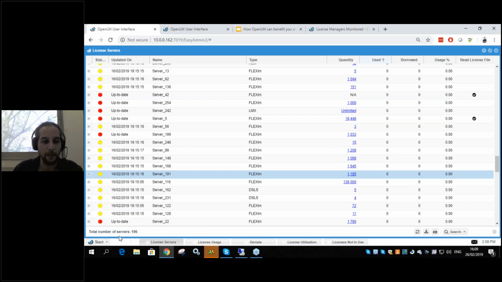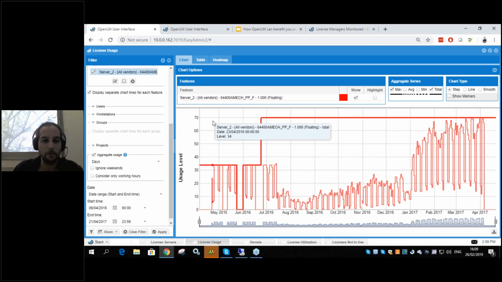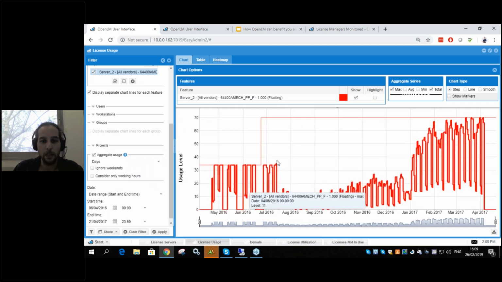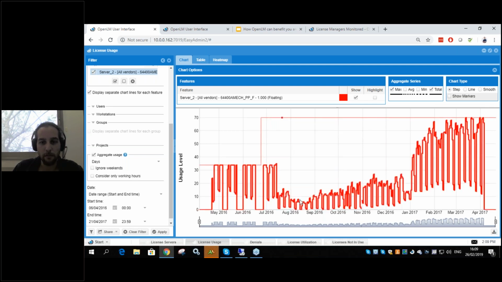So how do you do that? Well, OpenLM has the license usage report, which allows me to see that there were 70 licenses here, for example, but it never really went over like 9, 10, maybe 15 concurrent users. But as time goes on,